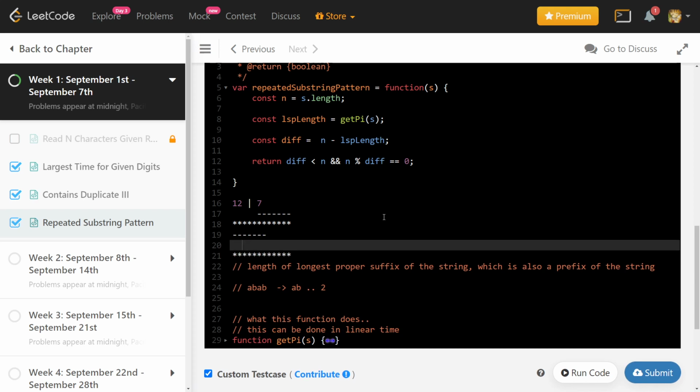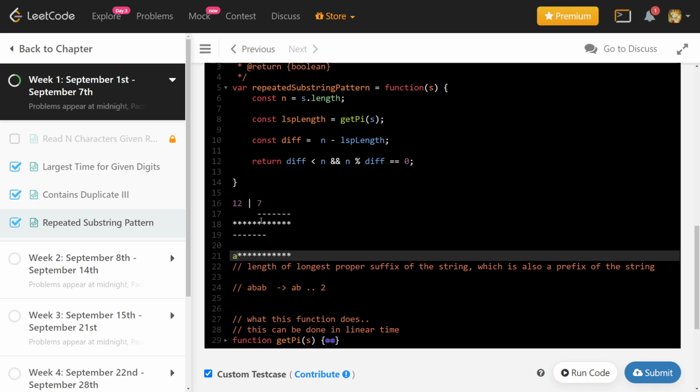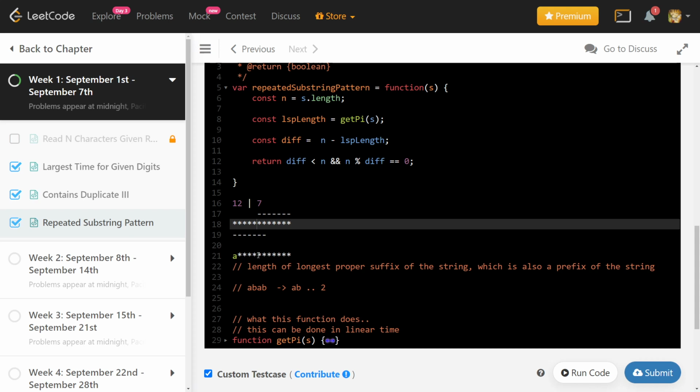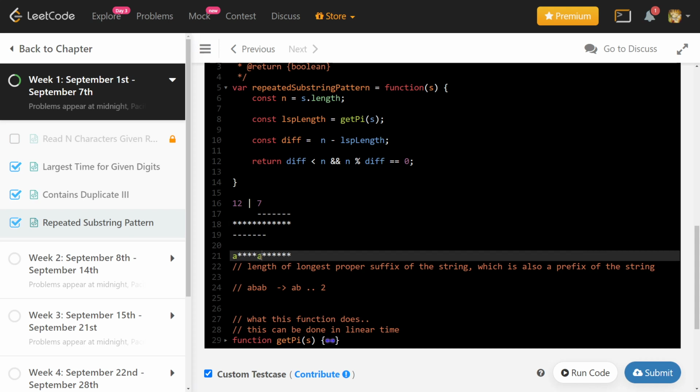If you start filling this value here with a, then this value here has to be a, and we know that 5 does not divide 12. If we fill b, we fill b here. If we fill c, we fill c here, and then d, and then we fill d here, and when we fill e, we fill e here. Now what do we have to fill is the question.